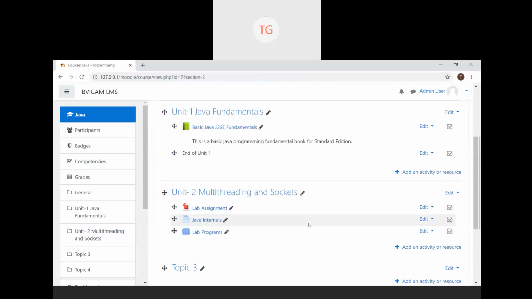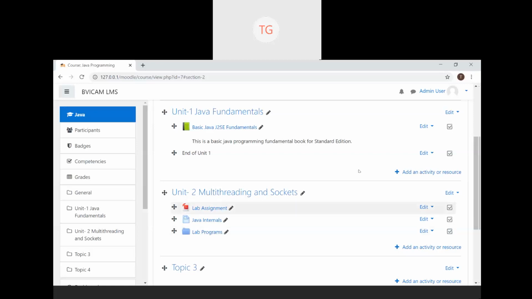A folder is a resource, or basically a group of resources, which gives you the privilege to separate out the contents in a topic. So a course has many topics, many units, but the units can also have certain subtopics. Like in my unit 2, I have two topics, multi-threading and sockets. So rather than posting the entire material together, I can separate out multi-threading material and paste it in the multi-threading folder, and I can separate out socket material and paste it under the socket folder. So it's further used to demarcate resources within a topic.